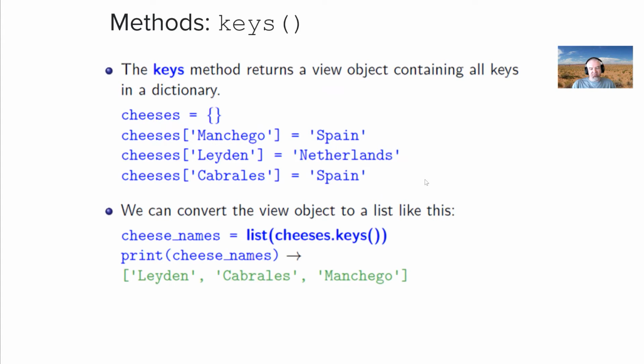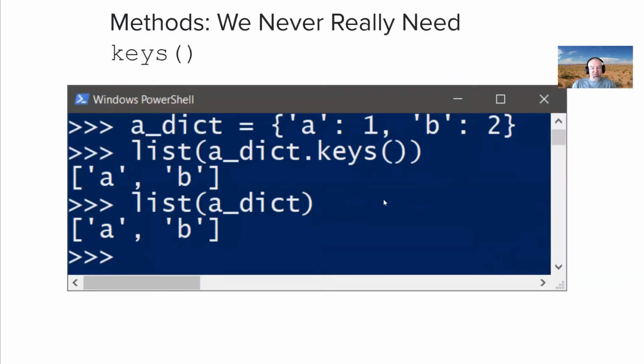So just like the values method, there's a keys method where you can access the keys of a dictionary. If you do cheeses.keys, and you put that into a list as well, you can essentially create a list with the keys of your dictionary. So keys essentially works just like values, except it returns the keys instead of the values, right? However, we basically don't really ever need to do that, and we don't really need the keys method in general,